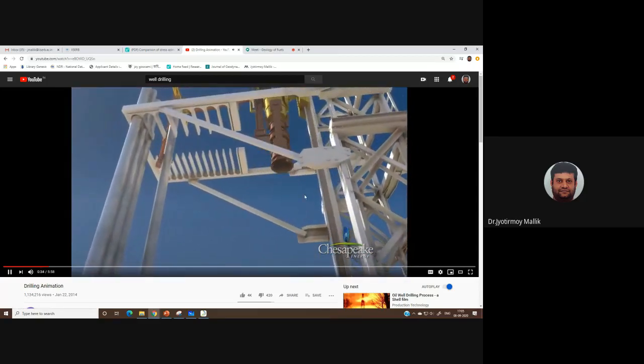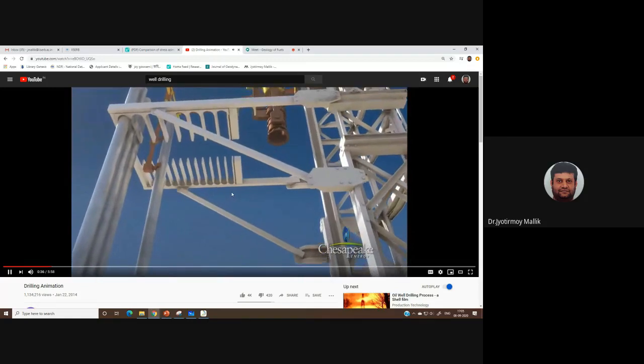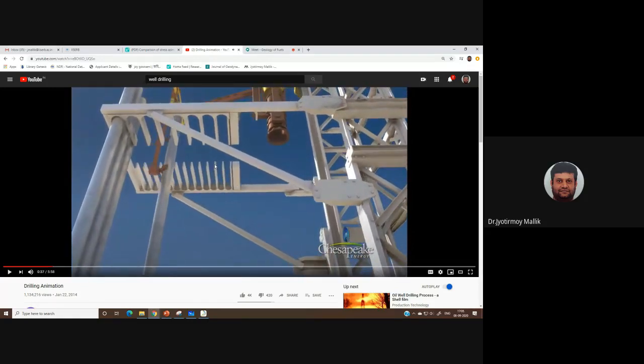So you can see the picture of the Kelly bush. And you must have seen, while you were a child at your home or any other place, how a tube well is being drilled. It is more or less the same type of procedure. With the Kelly bush, this drill hanger is picked up at the top, on which the drill pipe will be hanging, and this drill pipe will keep on drilling into the surface.